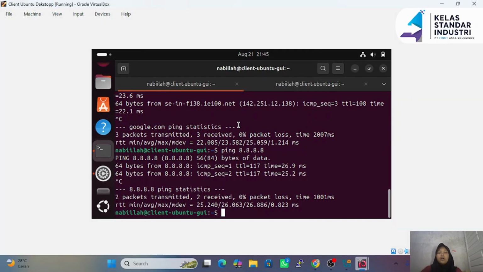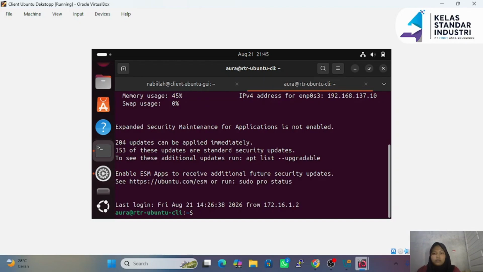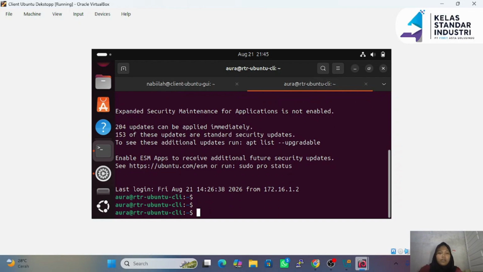Now let's move on to the last topic, which is fixed address DHCP server. First, we can access the router from the Ubuntu client. Okay, then we're going to configure the fixed address using the following command: sudo nano /etc/dhcp/dhcpd.conf. Press enter.